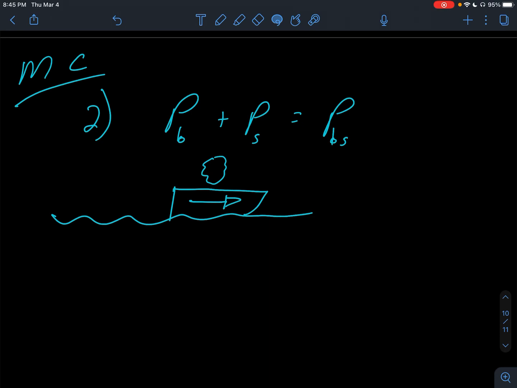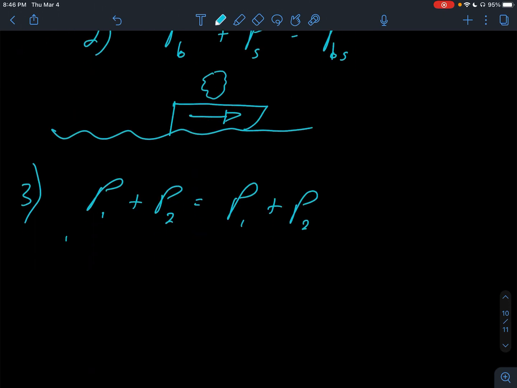So then we had number 3. We have 2 identical billiard balls traveling at the same speed, head-on collision, and rebound. So it's an elastic collision. If the balls had twice the mass but maintained the same size and speed, how would the rebound be different? It's just the momentum of object 1 plus the momentum of object 2, and then they remain separate. So the speed is staying the same. If we're thinking mass velocity plus mass velocity,